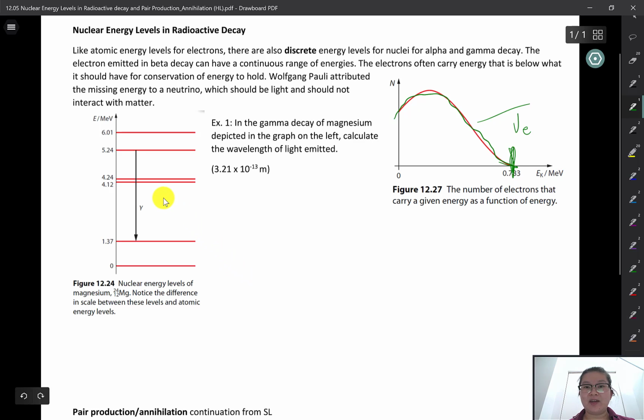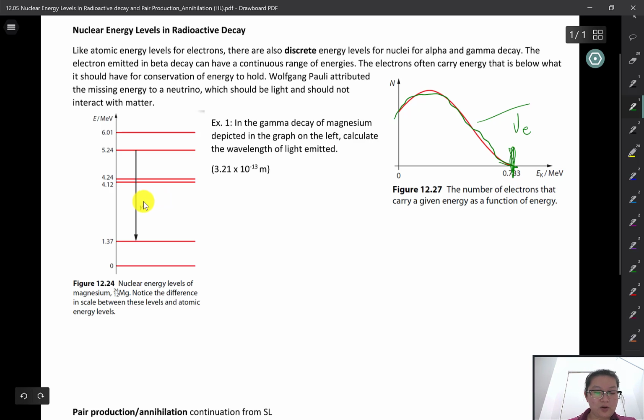nuclei have specific energy levels, so we can use our experiment to look into these energy levels and use that for further predictions. So we're going to do the opposite. We have the energy levels. Example 1: in the gamma decay of magnesium depicted in the graph on the left, calculate the wavelength of light